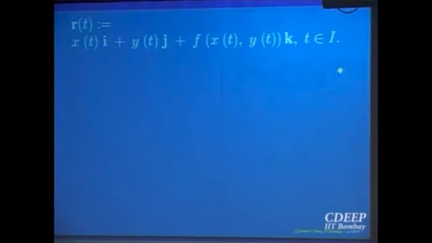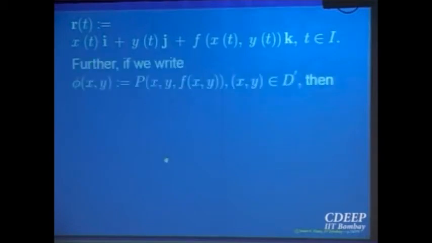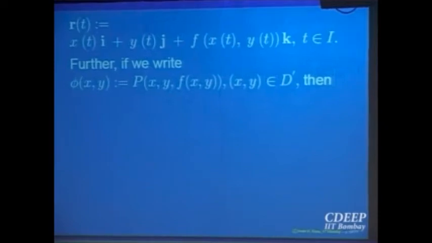Now I can compute what my line integral is. To compute the line integral, let me write phi(x,y) to be the function. See what is to be computed? P on the boundary you have to compute. What is P on the boundary of that surface? How does a point on the boundary look like? (x, y, f(x,y)). It's a function of two variables. Now P is a function of three variables, but actually it comes from only functions of two variables, (x,y) belonging to the domain D. So let us write phi(x,y) equal to P(x, y, f(x,y)), (x,y) inside that domain, the projection onto the xy plane, D prime.